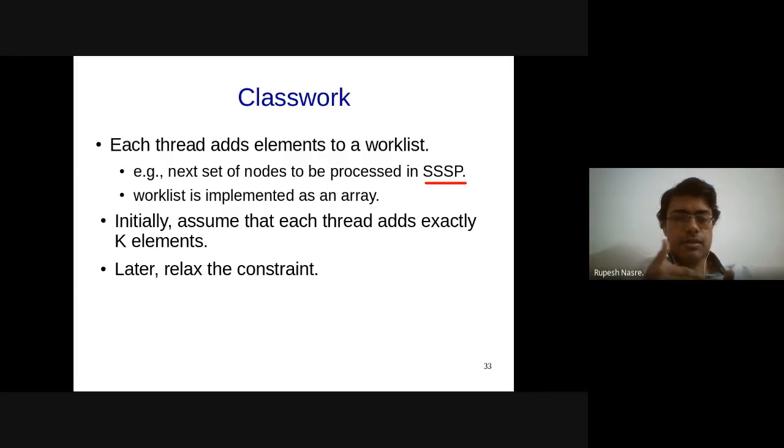Maybe Amit, I should clarify from you. Is this what you meant, that thread 0 will get the first chunk, thread 1 will get the second chunk, and so on? Chunk of k elements? Okay. Yeah, so this is a good idea, and that is what you should start with, provided all the threads are participating. But not all the threads will participate, plus not all the consecutive threads will participate. So if thread 1 is not participating, it will still leave the k to 2k minus 1 chunk unused. So we have to be careful about that, but otherwise this is the strategy that you should start with. That is correct.